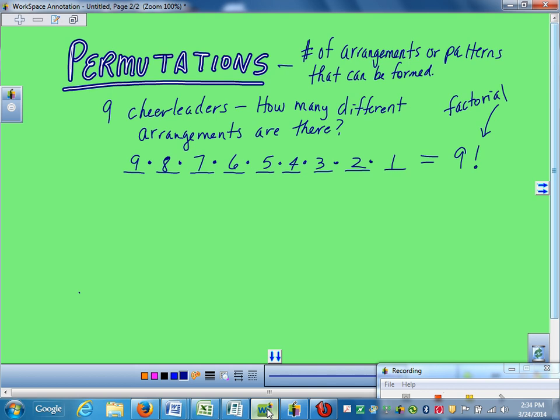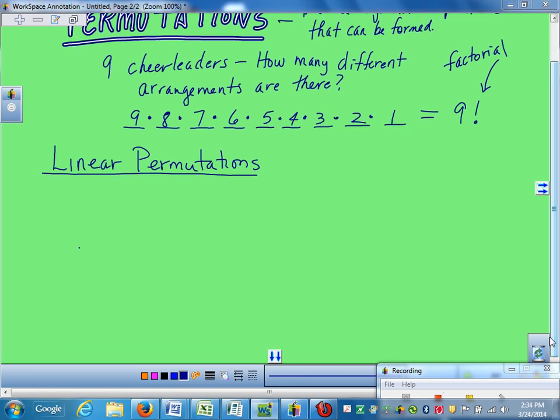That was an example of what we call a linear permutation. Why do you suppose that was linear? Because it was in order. Yes. You were arranging things in a line. I'm about to give you a set of rules for how you do linear permutations. I'm actually going to give you 4 rules. These rules you won't find in a textbook. They're just my logical organization of these.